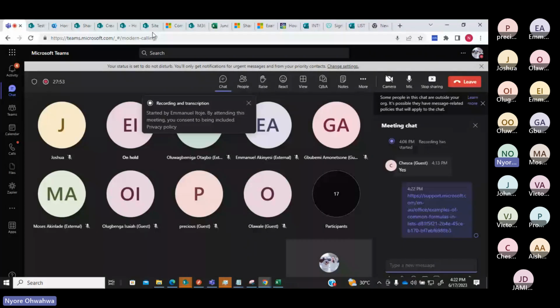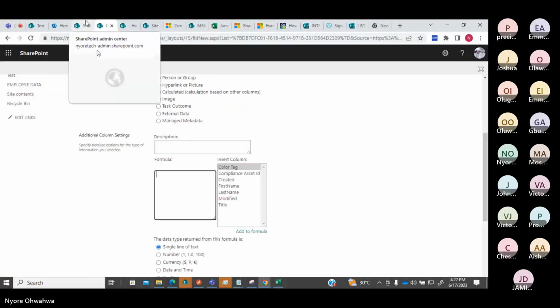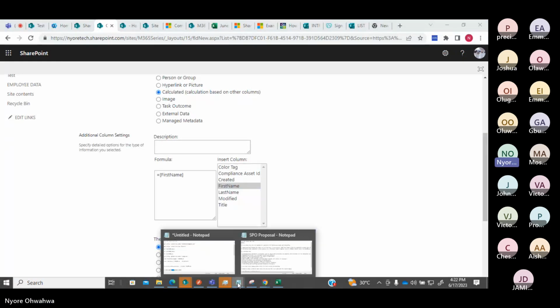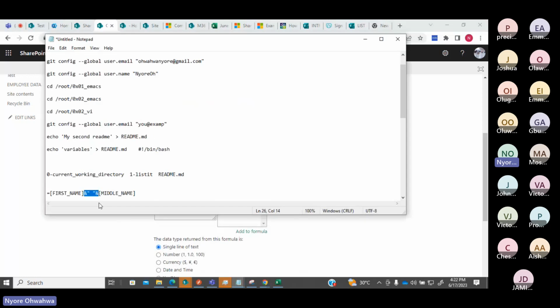So for this one, what is our list again? Okay, so we're trying to add the first name and the last name together. So we say equal to first name, add to formula. I copied this out earlier.